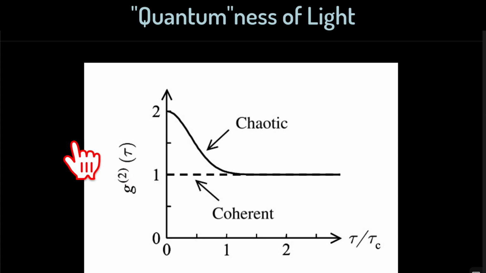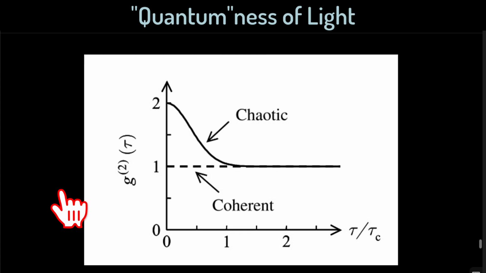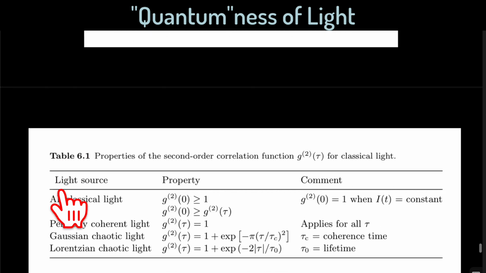One of the important lessons in quantum optics is that if a source happens to have some kind of quantum mechanical nature, then the value of G2 of tau, as it comes closer to 0, goes less than 1, and it goes down instead of going up. That's one of the characteristic features of a quantum light source, so to speak, and you'll see that in a few minutes. But before that, let's look at the comparison